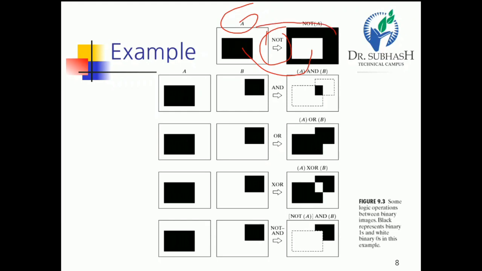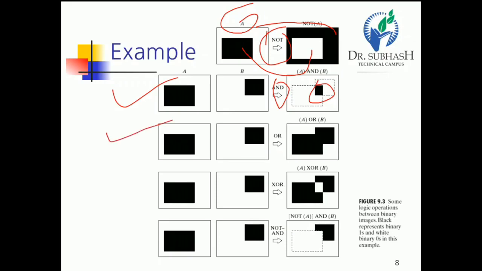and the outside of the square is converted into black. Similarly for the second operation, we have the value of A and the second one is B, and we perform the operation of AND. Dear student, we know that the AND operation is the multiplication operation. So A multiplied with B means we take the common portion, and the result is the common portion like that.